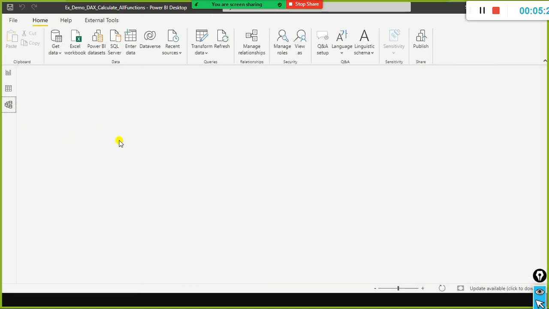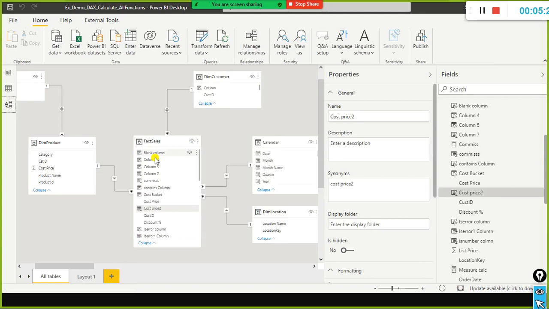So what we are doing is, in this case, what is the common column between these two? Product ID, isn't it? The common column between these two tables is product ID. From this product ID, we are doing a lookup on this table to get the cost